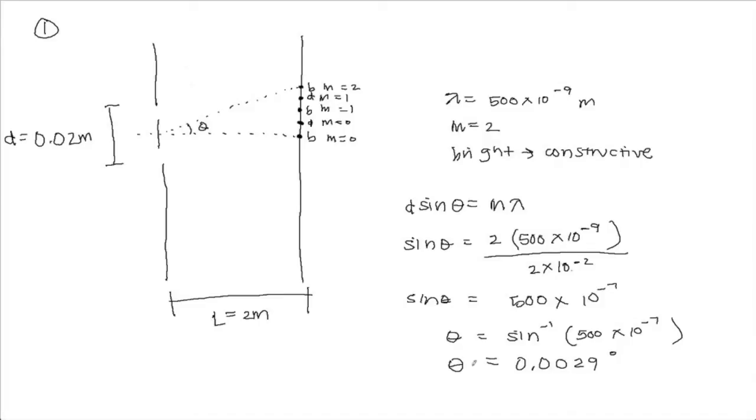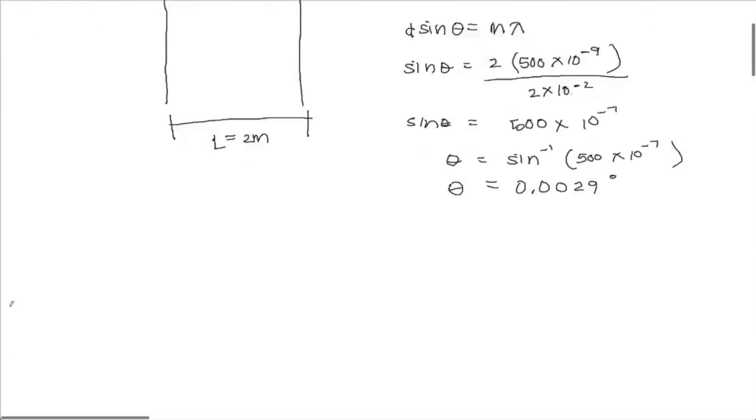Okay, that's good. Why did you use the sine theta equation and not the y over L equation? Because we're solving for the angle location. That's right. And why did you use the constructive equation and not the destructive equation? Because it's a bright fringe. As you wrote down. So those are the two things you need to think about in these problems: constructive or destructive, and which of the two equations should you use? Okay, good, that's right. So notice there's a lot of unit conversion on these problems, so you have to watch out for that.